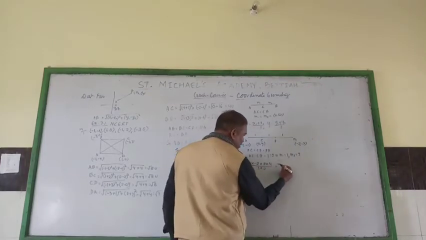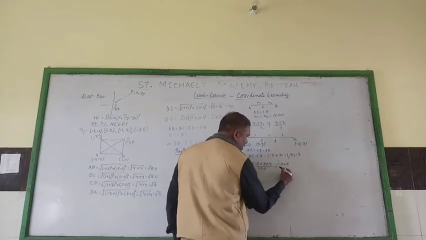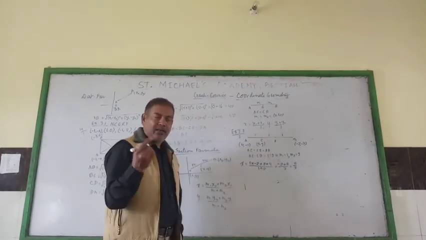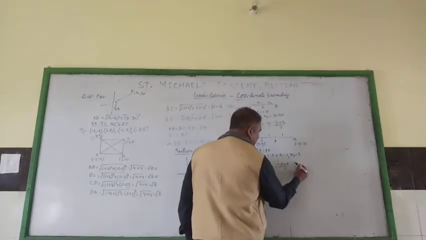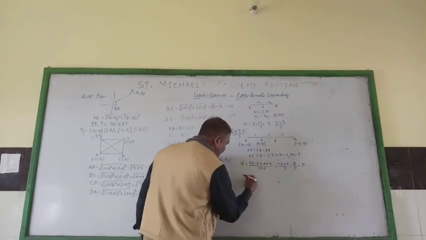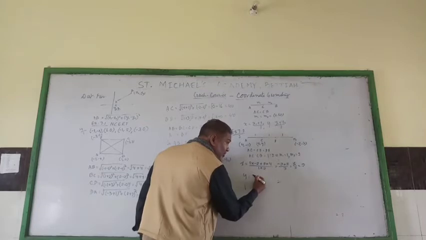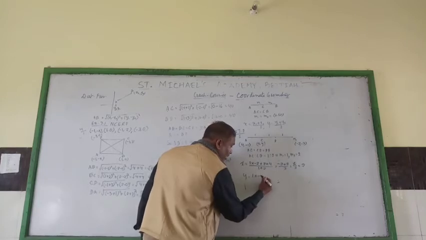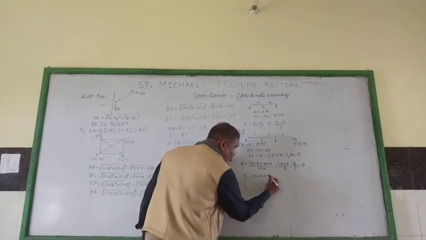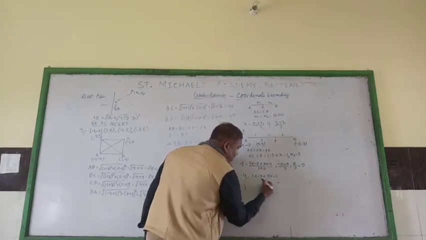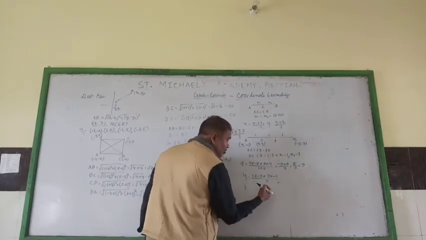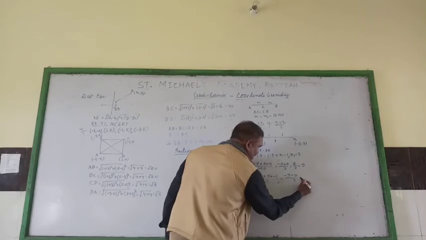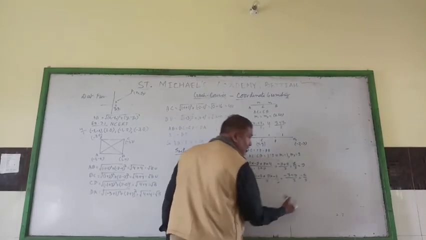Now that is equal to -2 plus 8 upon 3. That is equal to 6 upon 3. 6 upon 3 is equal to 2. Now y. m1 is 1. m1 into y2, -3, plus m2, 2, into y1, -1, upon 1 plus 2, 3 directly लिख सकते हैं. That is equal to -3 minus 2 upon 3. That is equal to -5 upon 3.